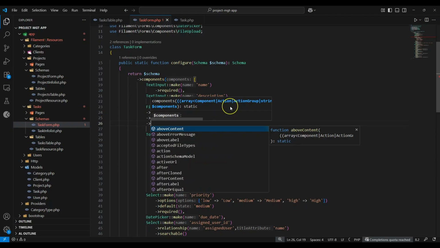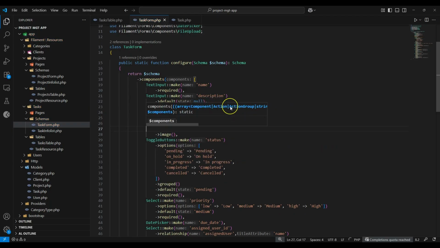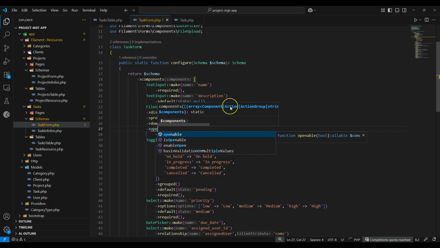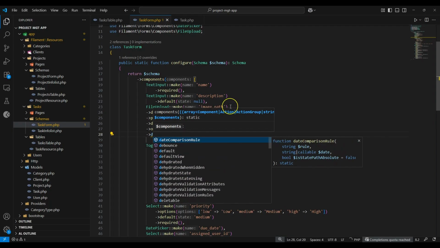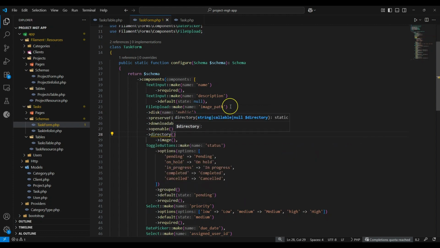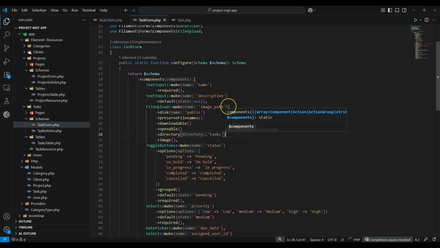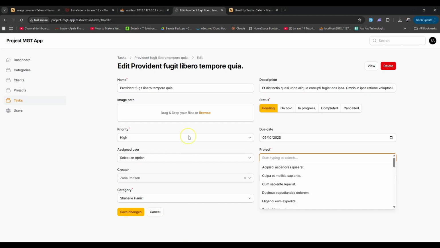We need to have the loadable and openable. But the next thing, I want to change the directory of where these images will be stored. So here I just want to store this on directory called the tasks. Okay, so after that, if we go back here and refresh,